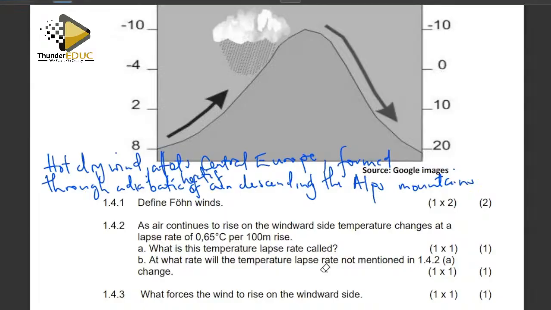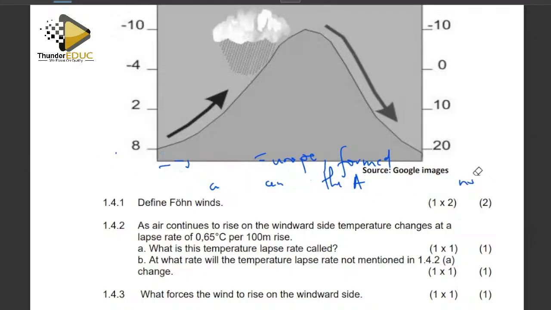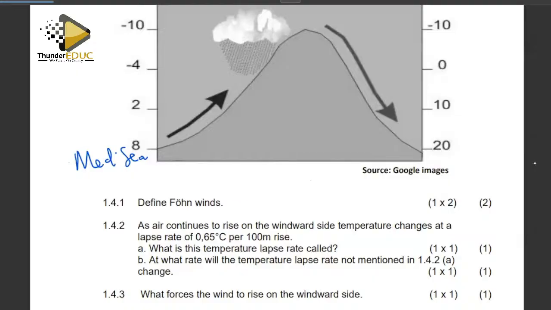Right. Moving on to the next question. I'll use the illustration here to try and simplify what we want to explain by adding some labels onto the diagram. Right. So in this instance, we have the Mediterranean Sea to this side. Then we have our Alps mountains. Then we have Central Europe on this side. And what is going to happen here